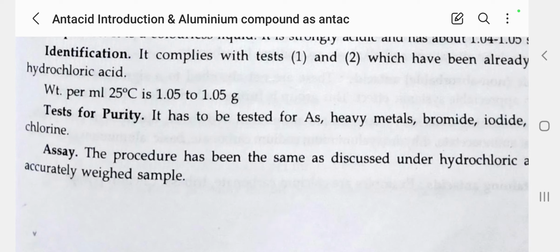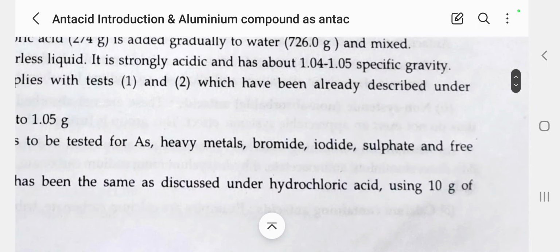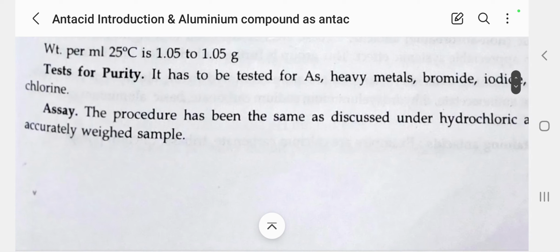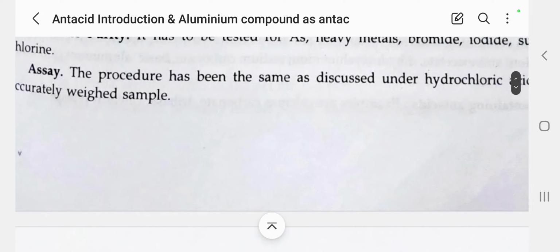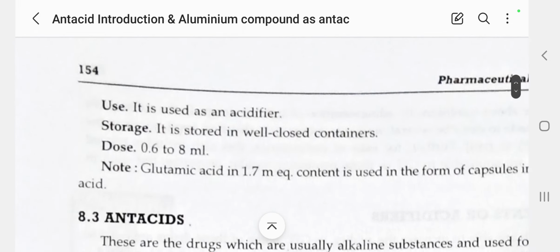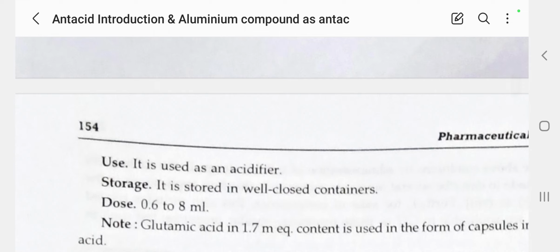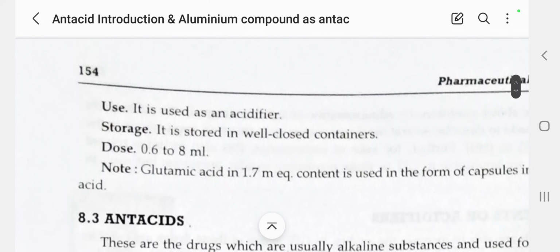Now next we'll see about the assay. The procedure is the same as discussed under hydrochloric acid, using 10 gram of accurately weighed sample. So what is the use of an acidifier or acidifying agent? It is used as an acidifier and stored in a well closed container. Dose: 0.6 to 8 ml. Here glutamic acid is 70 milliequivalent, used in the form of